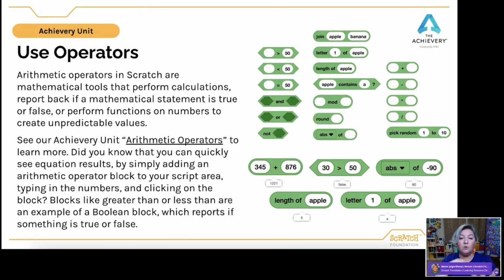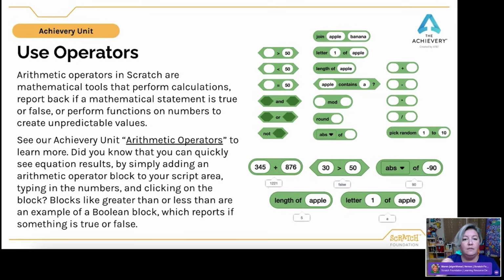And so this is a wonderful way of being able to test some of these conditions that you may be adding to your game to see what the result is before you use them inside of a conditional statement or something else. I often find it's very helpful to sort of know what the program is seeing and to make sure that we're on the same page. And so this is one quick way that you can check those within your project as you are creating things. There's also blocks like greater than, less than, which are examples of Boolean blocks. They say true or false if you click on them, so you can see some examples of those there.